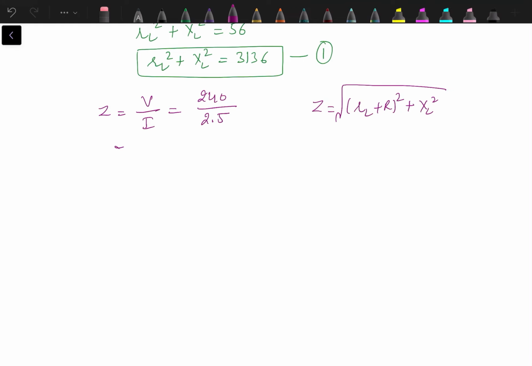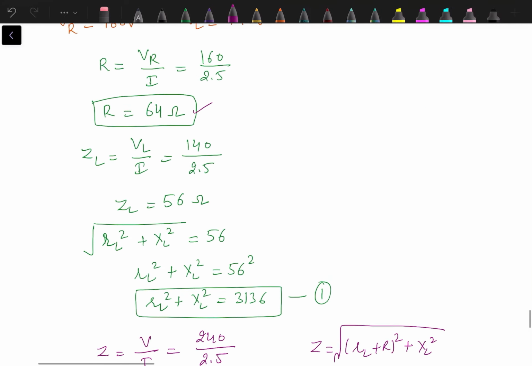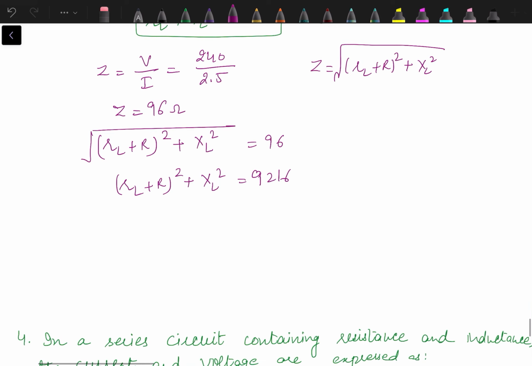So what we get? This one is 96 ohms. That is, the square root of (RL plus R) square plus XL square is equal to 96, or (RL plus R) square plus XL square equal to 9216. Now we have the value of R. We had already calculated the value of R as 64. When we substitute that value of R over here,